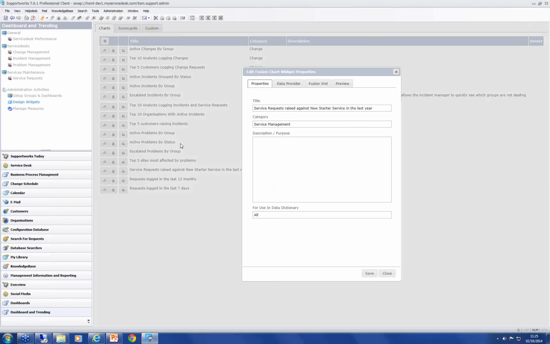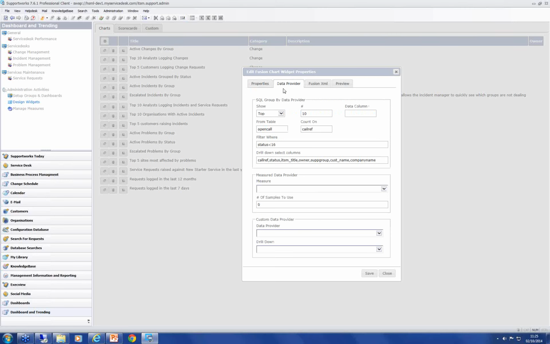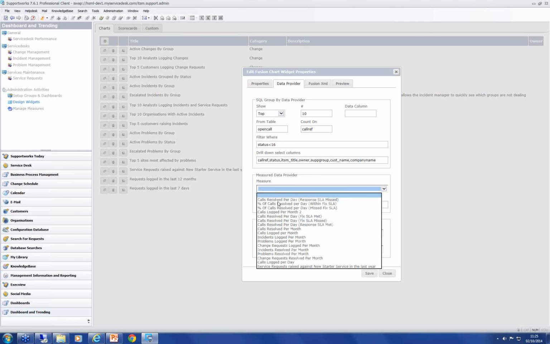As I mentioned, just a quick recap. We've created a group for services maintenance, a dashboard called service requests, and a widget called service request raised against new starter service in the last year. And where we are retrieving data, we chose the second option, which is measure. We have gone through creating a measure. I'm now going to select the measure against this widget. If I click on the drop-down list, I will get the very last measure that I just created,